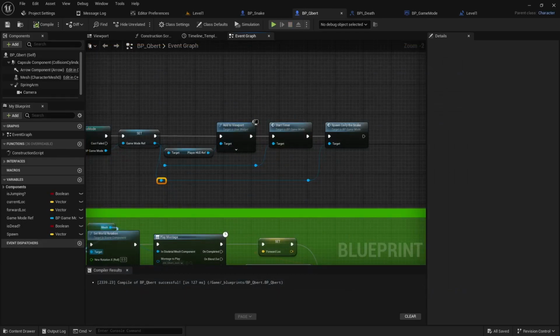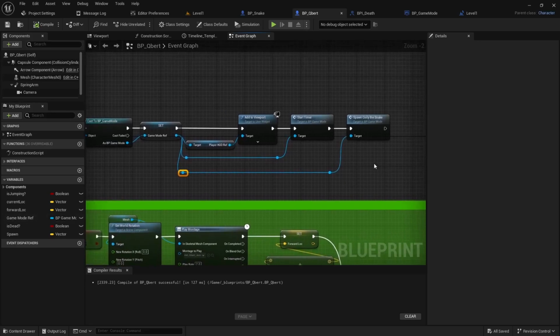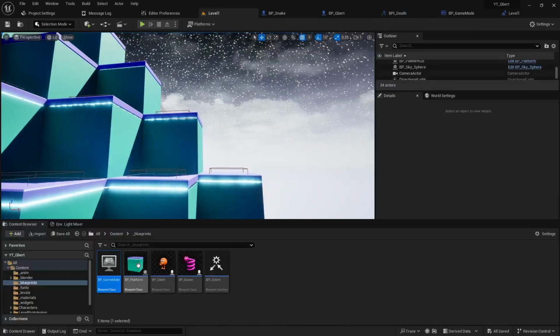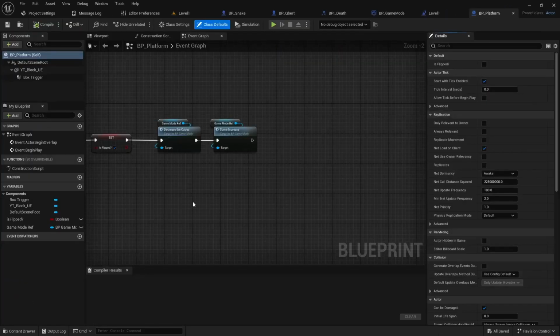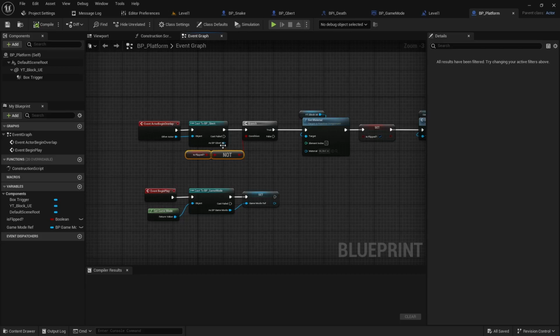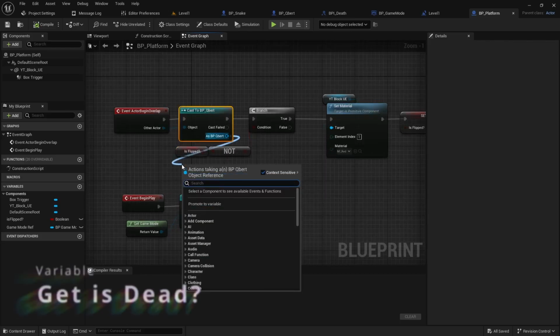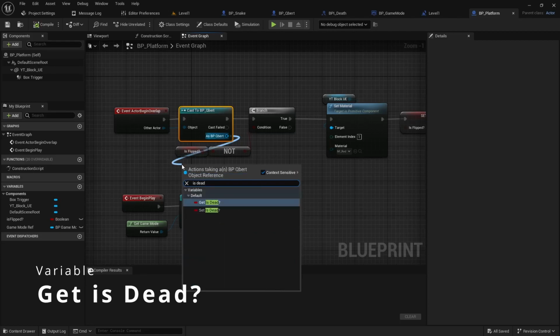There is going to be another issue that you might run into, and that's there is a possibility that you could jump into a platform with Coily, and he kind of kills you, but you still flip the tile, which is probably not desirable. So what you can do is actually come to the platform code, and I would actually do another Boolean check. So we make a cast to Qbert. You can run a check for is dead,